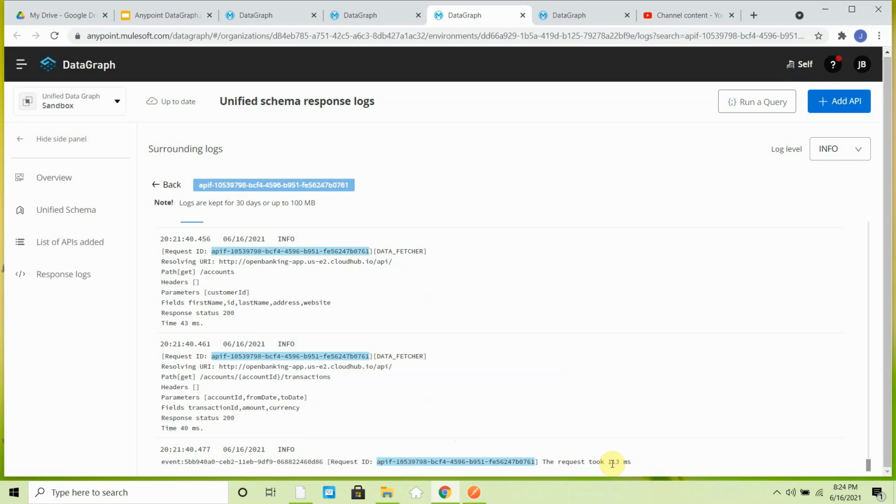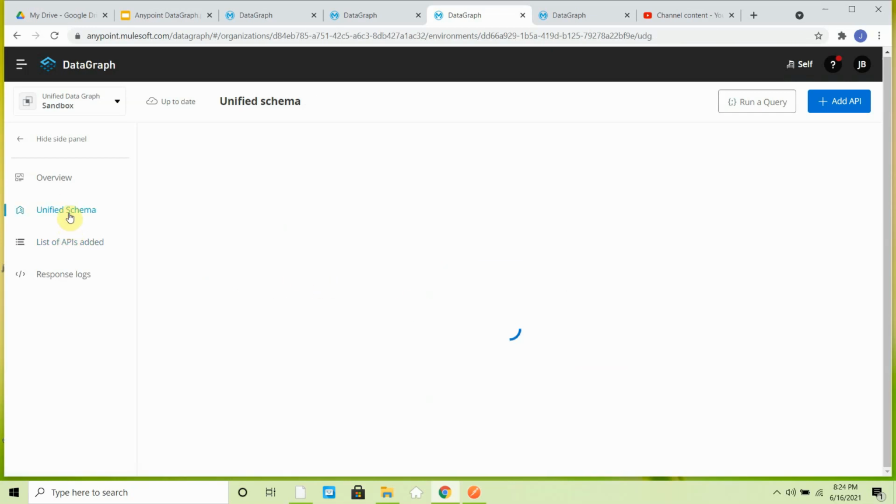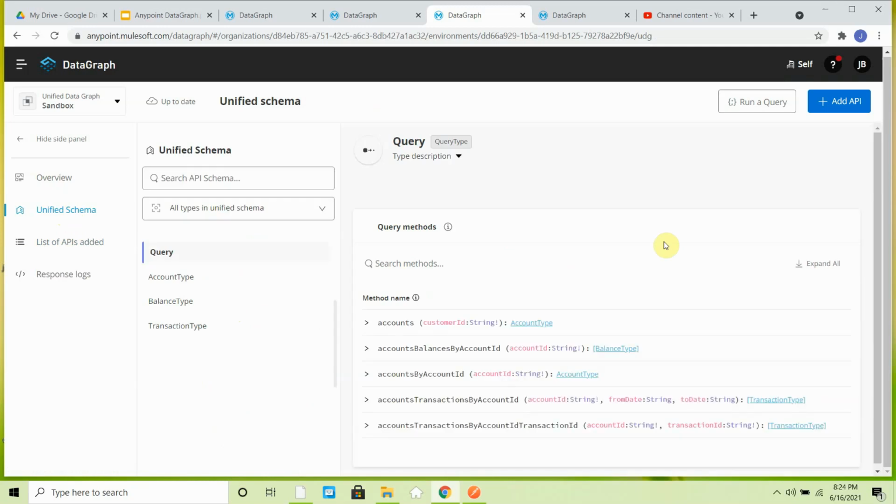So this is where you can see the logs for your graph queries. When you run the query, you have the option to trace the response time for each and every call for your data graph query.